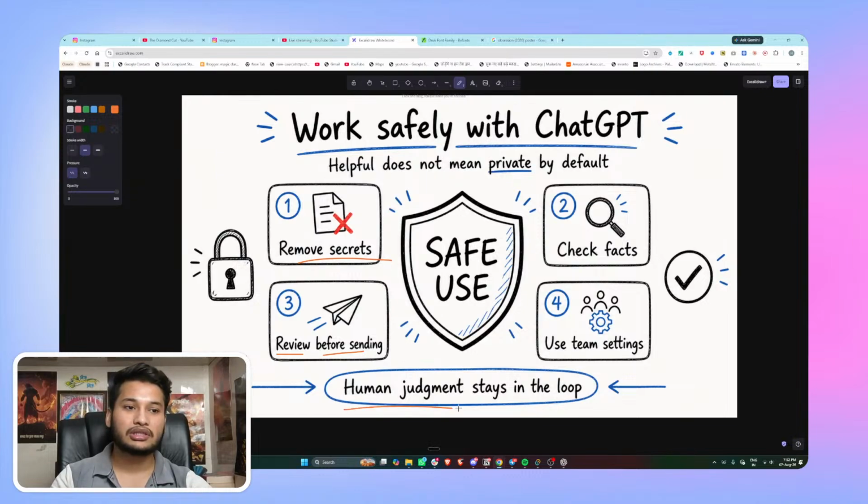Human judgment stays in the loop. This is one of the biggest things that nobody will tell you. AI is not properly autonomous at the moment. So you have to be in the loop at the first and the last steps. First, you give the proper context and proper prompt, then AI goes through it. Then for the result, you have to be in the loop to check whether the result is up to par or not. Okay. Next,